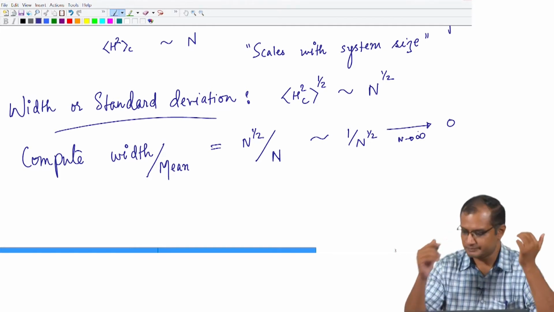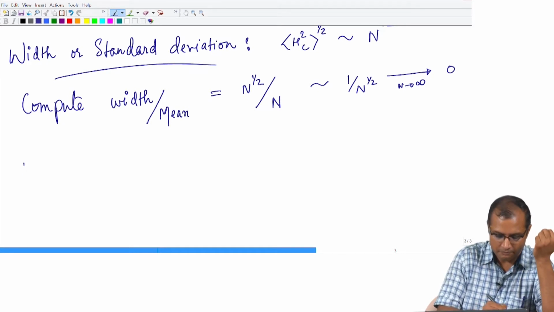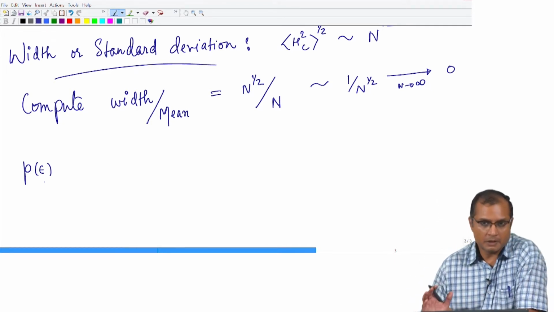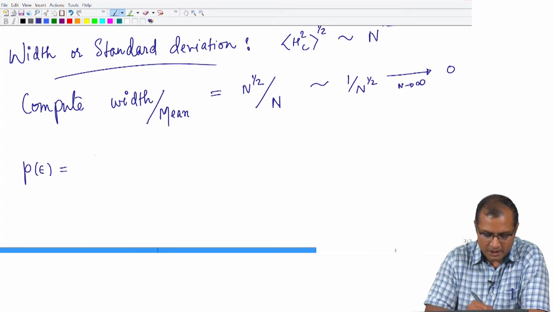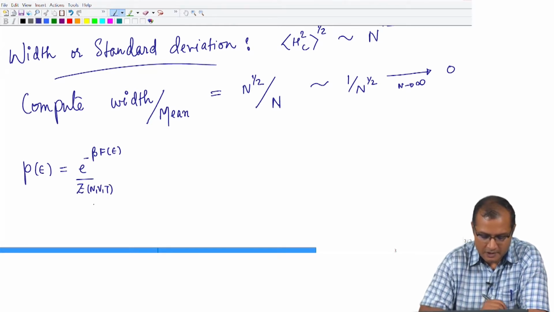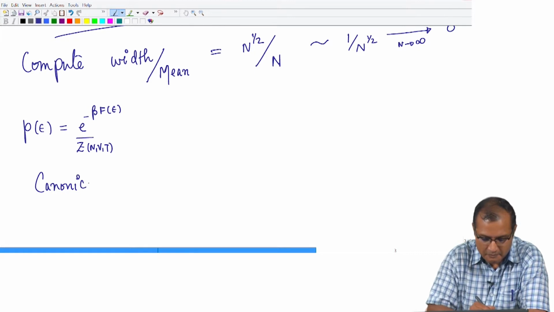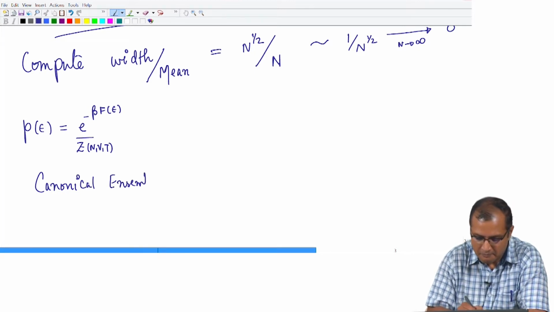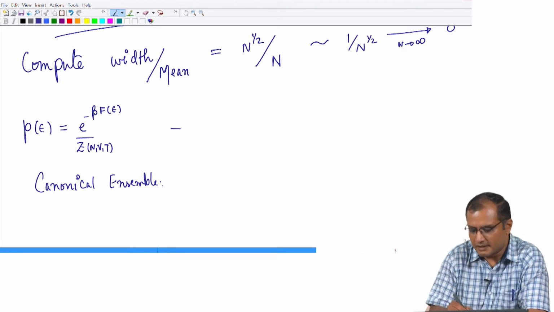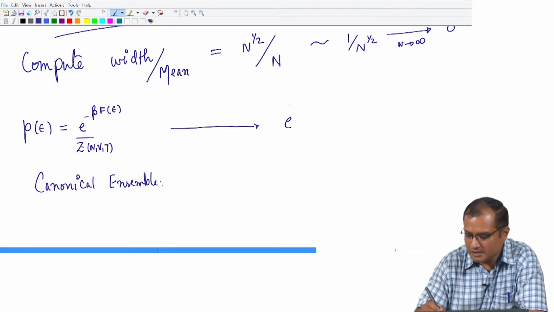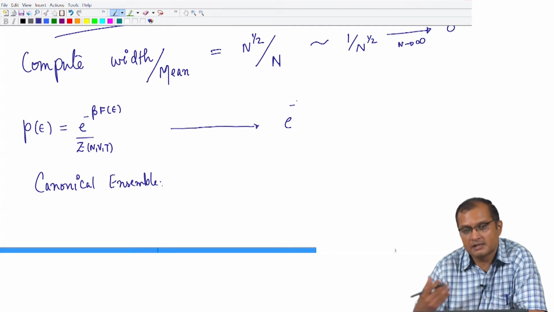So, which means that my energy distribution, energy of a canonical system in thermal equilibrium with a heat bath, which was shown to be e to the power minus beta E over the canonical partition function. So, this is what I know from the canonical ensemble. In the large N limit, it becomes a Gaussian distribution. It becomes a Gaussian distribution because energy is a random variable and it is a sum